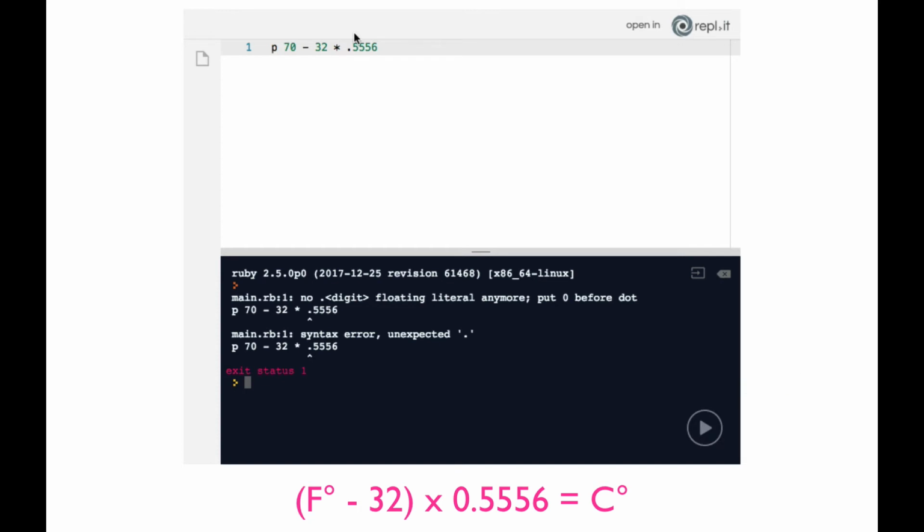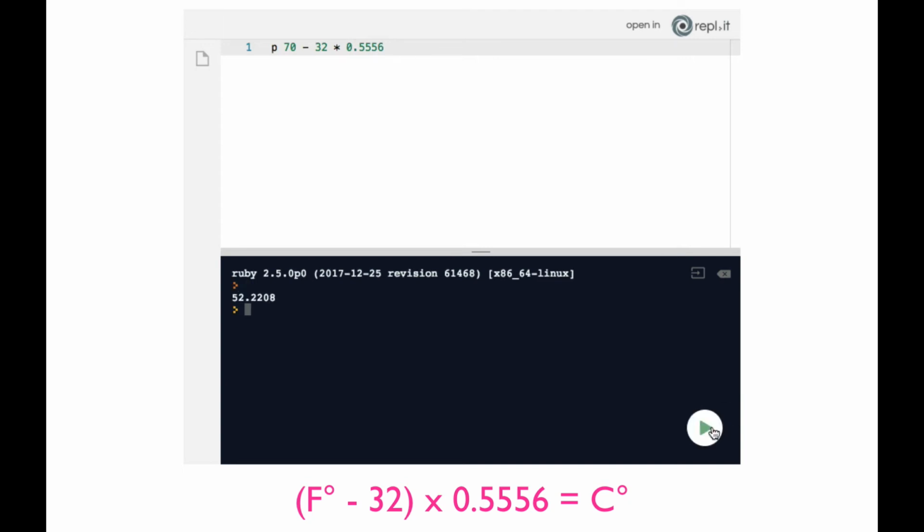So let's go ahead and put the 0.5556 and then hit the play button. Now we get our result of 52.2208, meaning that 70 degrees Fahrenheit translates into 52.2208 Celsius. Now the truth is that this is inaccurate, and that is because we have not taken into account